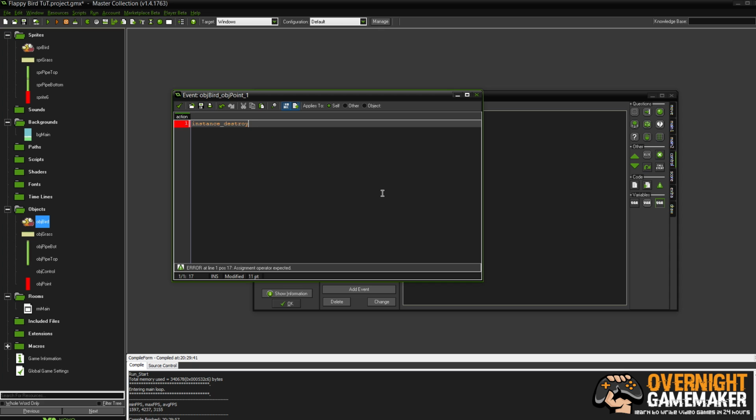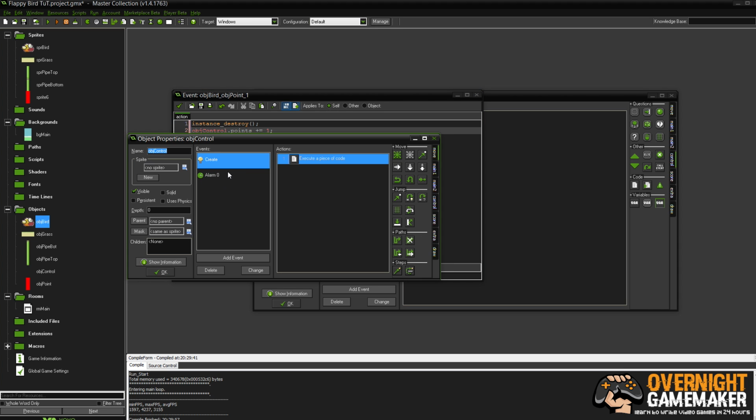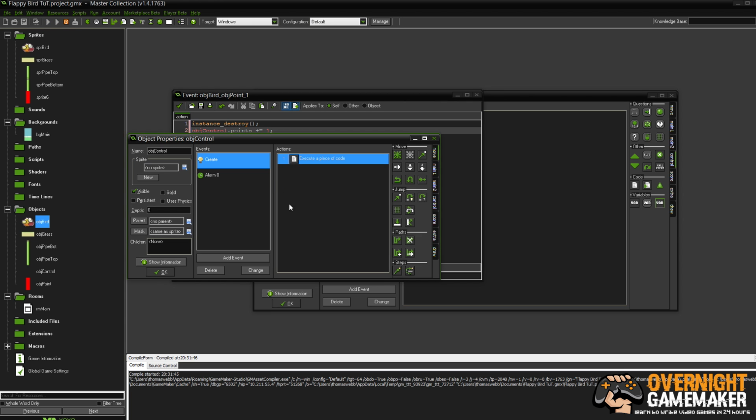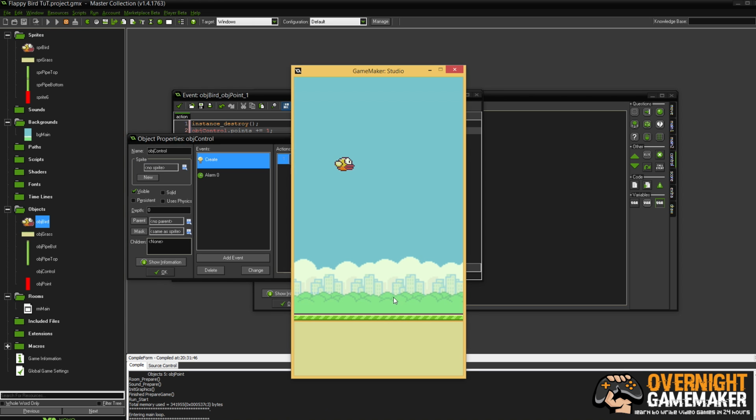So this is going to destroy the obj_point if we hit it. At the same time, it's going to increase obj_control.points plus plus, or we could do plus equals 1. Either one will work. So when we hit the point box, we're going to destroy it, and then we're going to add 1 point onto our obj_control points, and that's where we're going to keep track of our points. Now if we click play, we should see that as we flap along, if we hit one of the boxes,